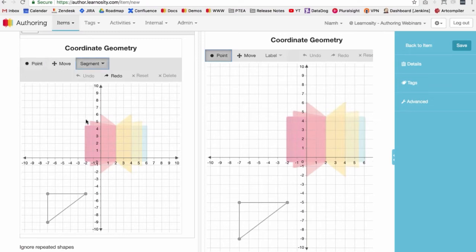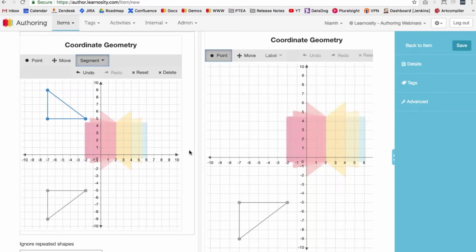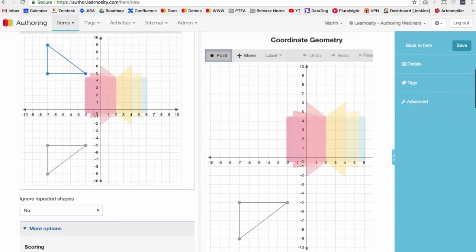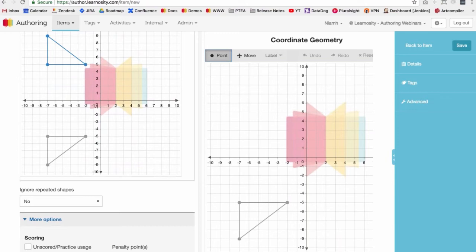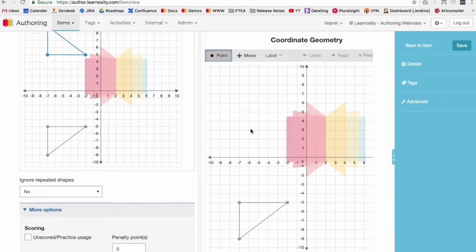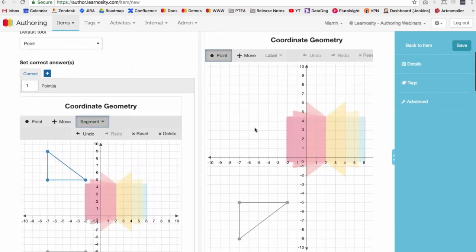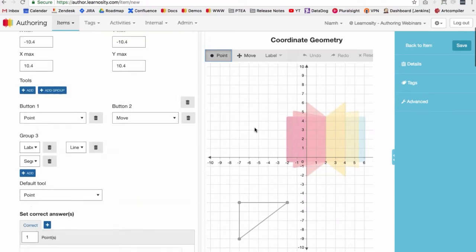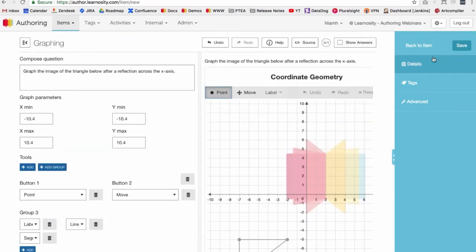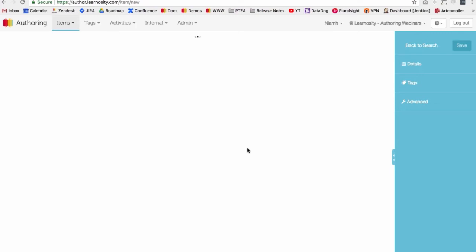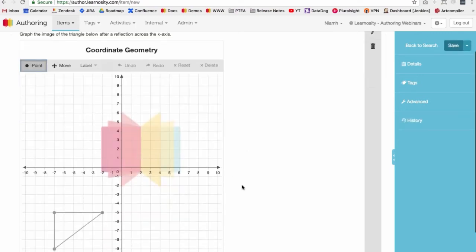So we'll do segment and we'll do 5 here. And we're done. Okay, and that's it. It's really, really simple. So you could plot the graph in question without going into this more options section at all, but the more options section just allows you to really customize the graph itself to exactly what you want. So I'm just going to save that now onto our item,